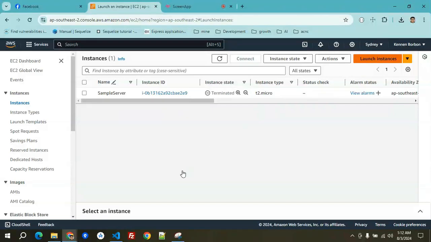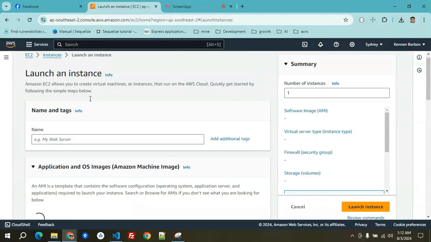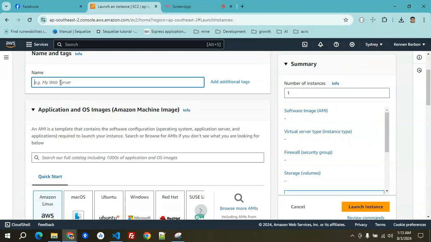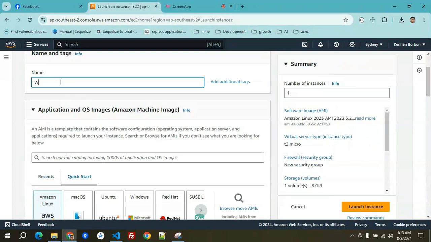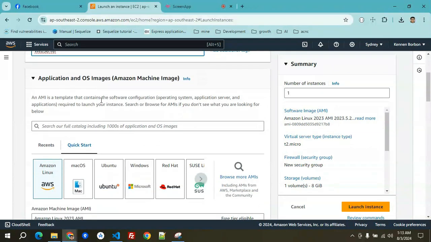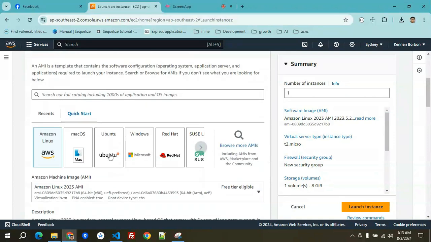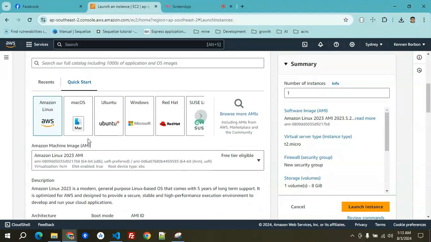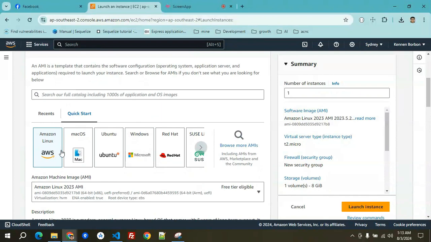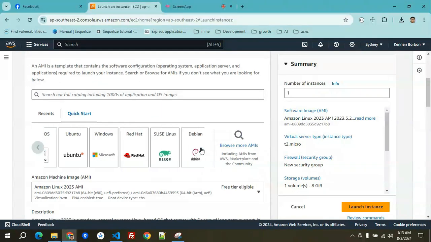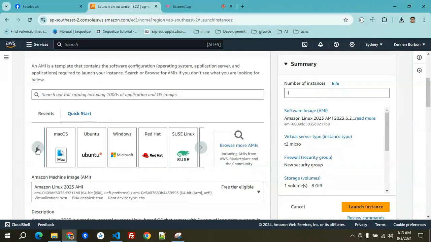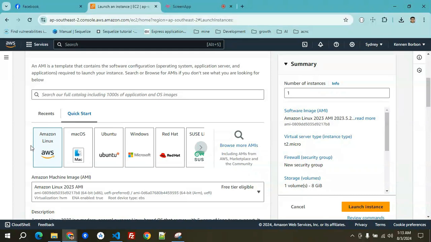So now we're going to launch an instance, and we're going to name it web server. Here in the application and OS images, you'll find a list of the operating systems that you'll be able to use.